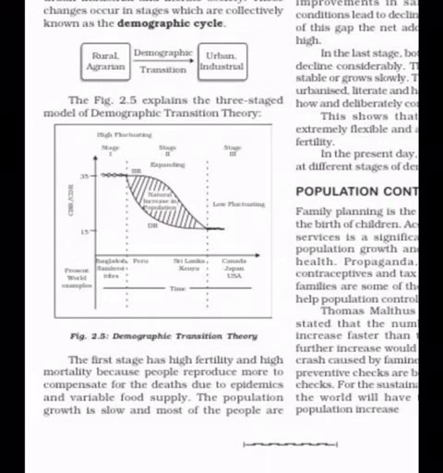That is because the food supplies were not very good at that time and medical facilities were not good, and people thought that if they would have 10 children or 12, then only 2 or 3 would survive. That is why the birth rate and the death rate were high. The population growth is slow and most of the people are